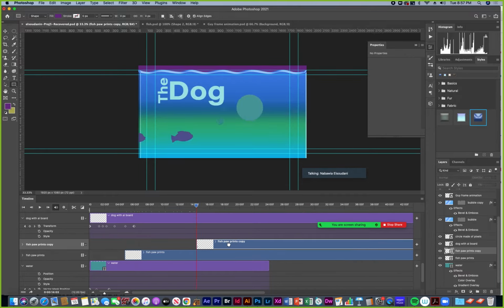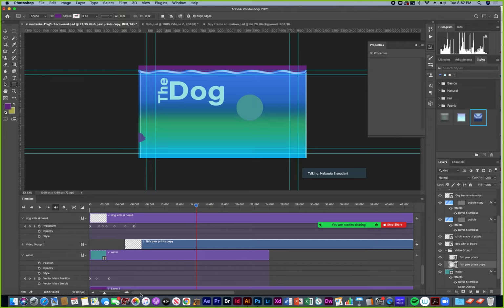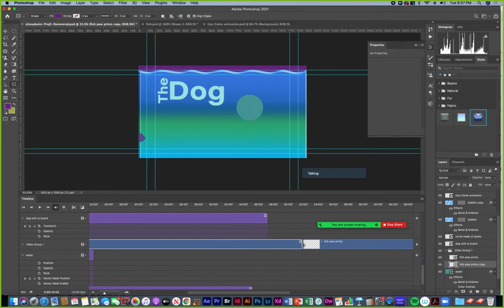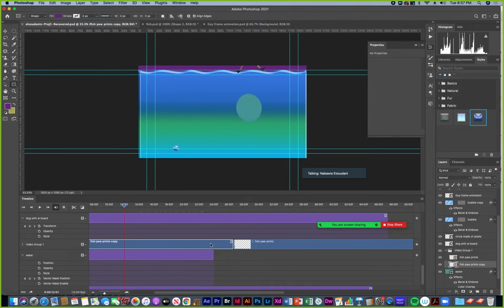So I can save vertical room by dragging a layer down to the same track. And then I can trim this. So we have the fish coming through.